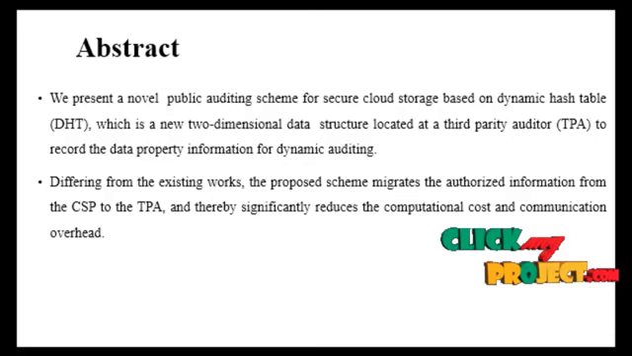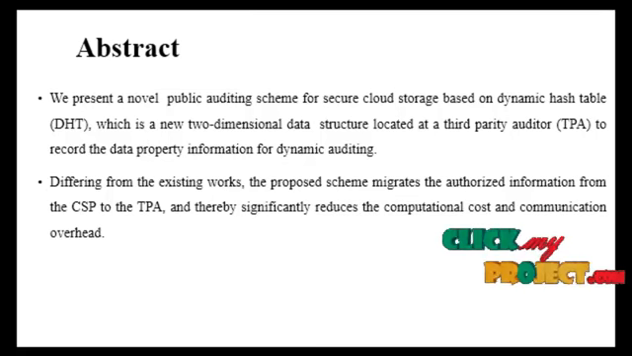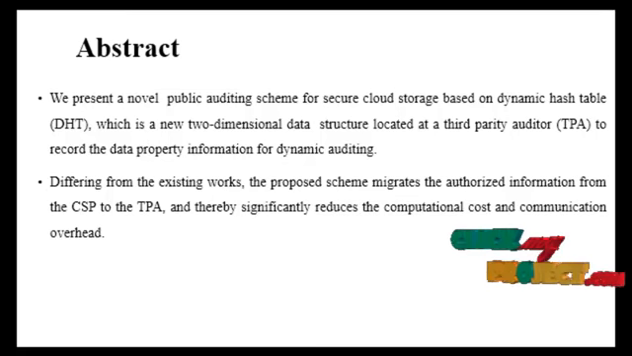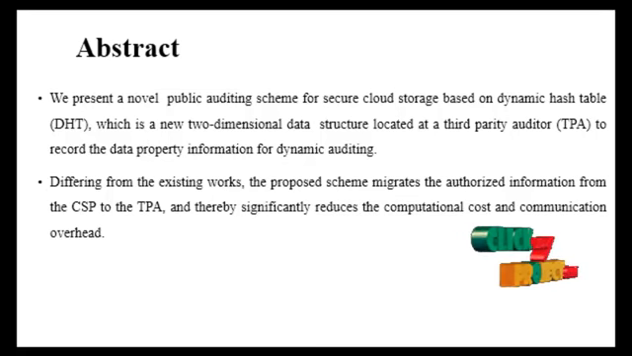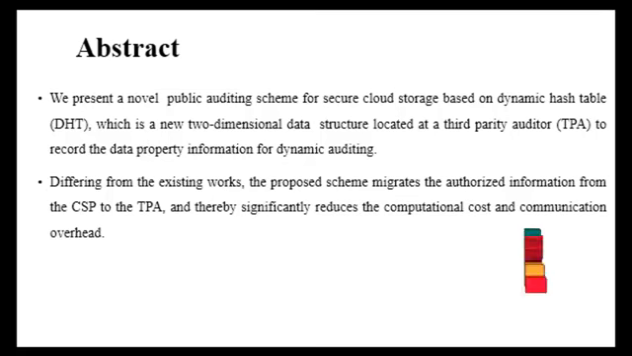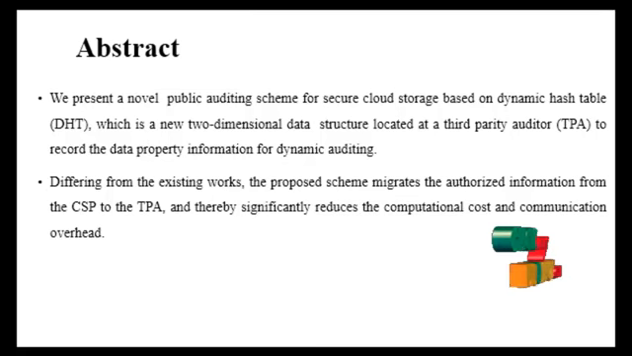In this paper, we present a novel public auditing scheme for secure cloud storage based on a dynamic hash table, which is a new two-dimensional data structure located in a third-party auditor to record the data property information for dynamic auditing, differing from the existing work. The proposed scheme migrates the authorized information from the CSP to the TPA and thereby significantly reduces the computational cost and communication overhead. Meanwhile, exploiting the structural advantage of the DHT, our scheme can also achieve higher updating efficiency than